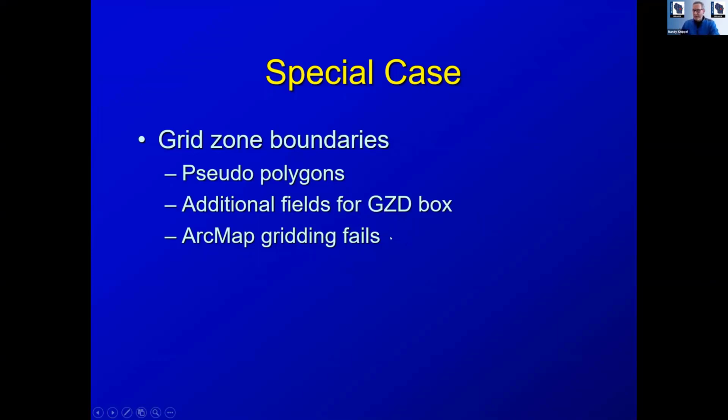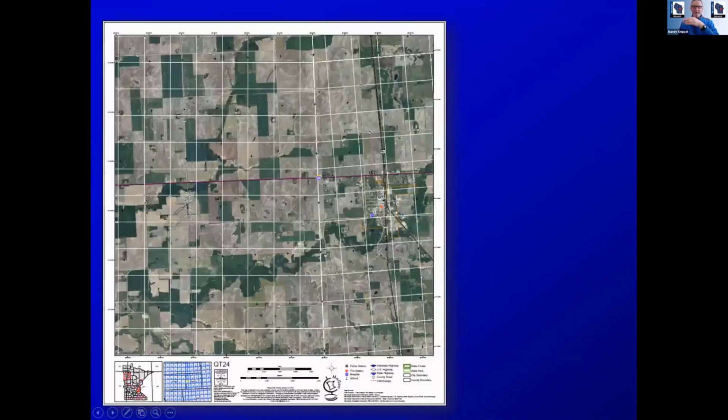We had to really go through some contortions to make ArcMap work with the first set of maps we made for Minnesota. Now in ArcGIS Pro, it does it right, and it looks really nice. So here's the grid zone boundary. You can see it in the heavier line running down kind of the right third, and you can see how the grid lines go off at an angle. It's skewed, and so you have these partial polygons that run all the way down. Well, that's correct. That's the way it's supposed to work, and you can measure and get a correct location any